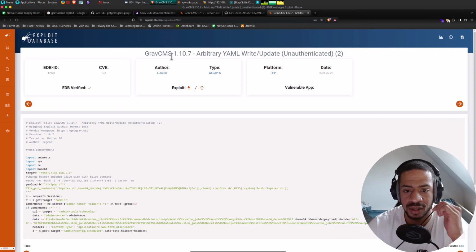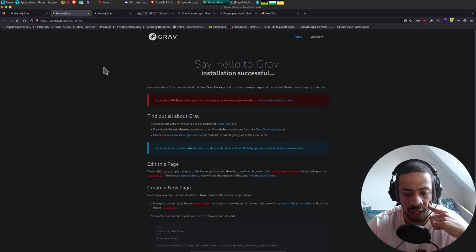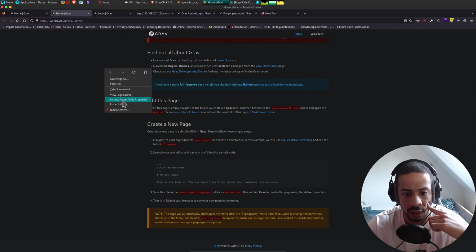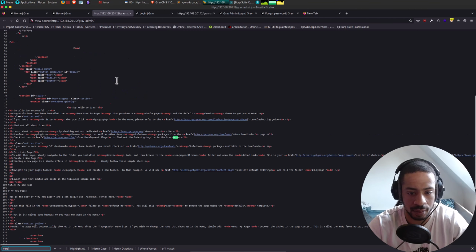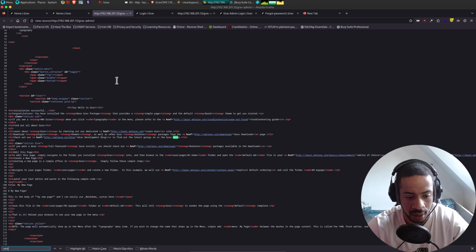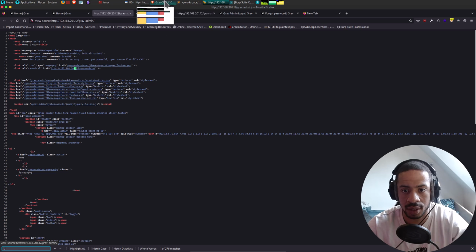Now, the only thing we need to verify is that this is indeed 1.10.7. So let's go back to here. Look at the page source here. What was it? 1.10.